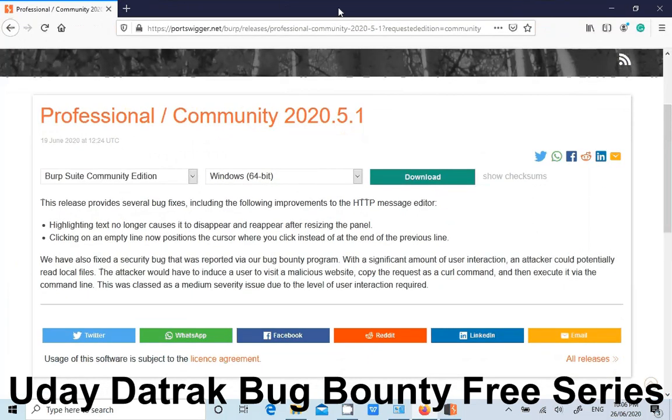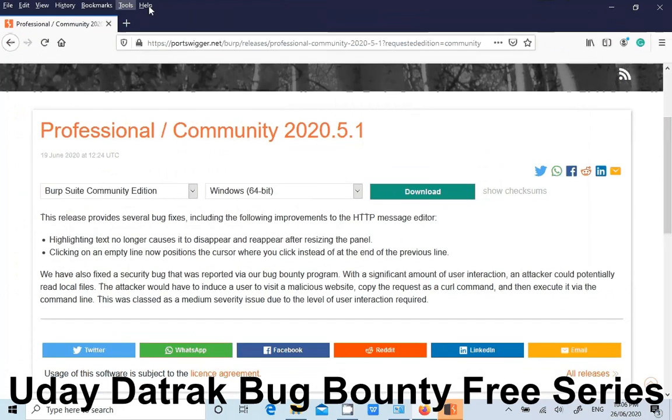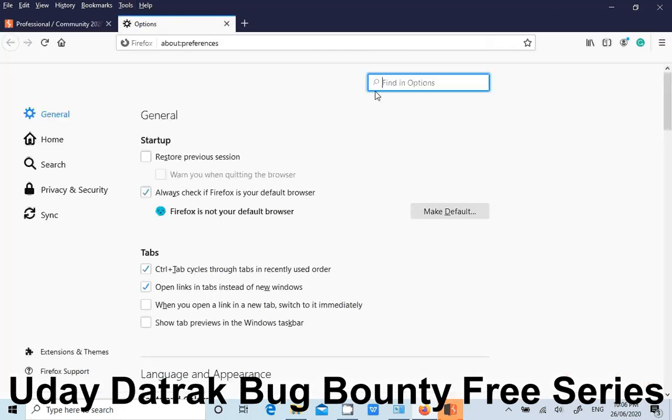If you want to see it, on the top you have to right click here and select Menu. Now you can see Tools, Options. Select Options. Now within Firefox you have to search for proxy.